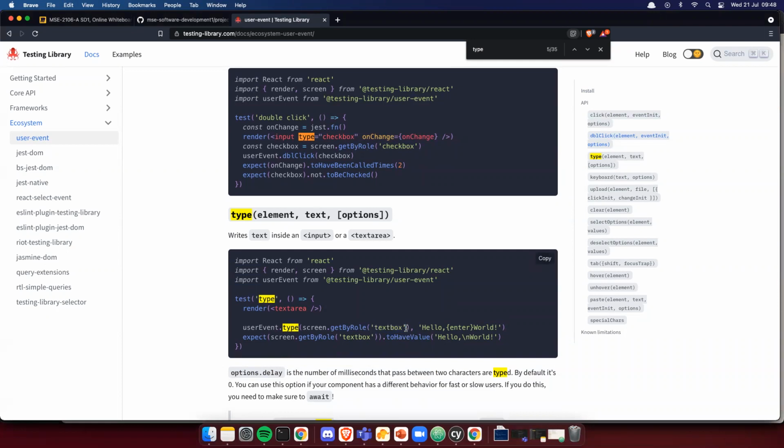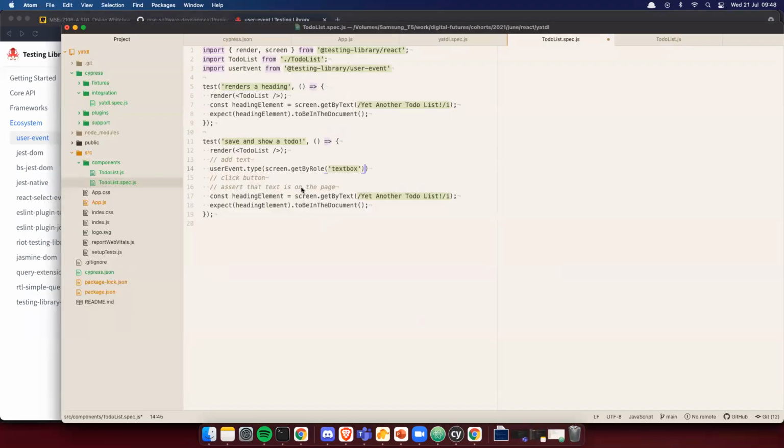Okay, so I just need to have a text box as long as I have an input field. As long as I only have one input field, it works. Otherwise I might be confused. We're going to only have one input field. Let's do that. That might be easiest for the moment. Get by role. So just look at the elements of the page and find one that is an input field that has a type text. And what text do I want to enter into it? My first to do. Okay, so I'm going to type into it,